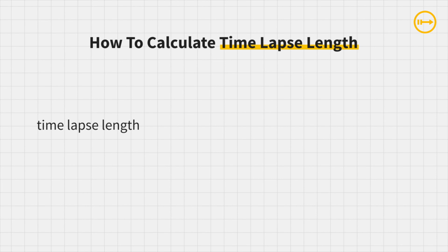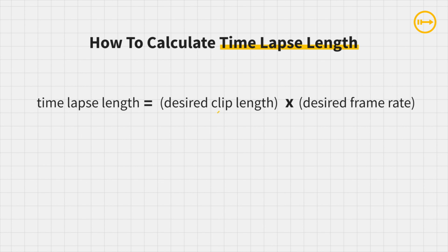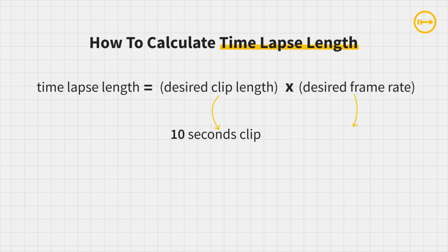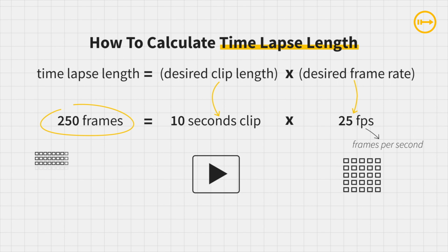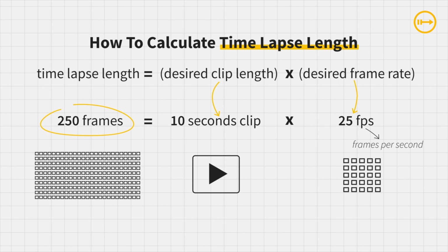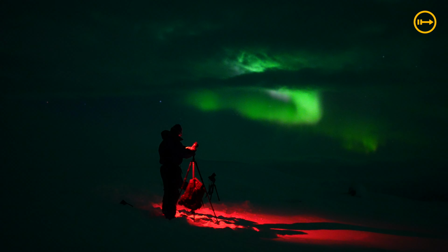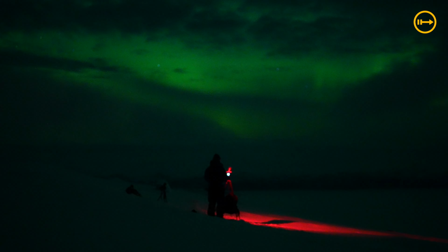You can decide the length of the time-lapse by multiplying the desired clip length with the desired frame rate. I want to make a 10-second time-lapse at 25 FPS, which means frames per second. 10 times 25 is 250. So to create a 10-second time-lapse of the northern lights, I need to take 250 pictures. This will take about 4 minutes, but you may have to film for up to 20 minutes depending on the